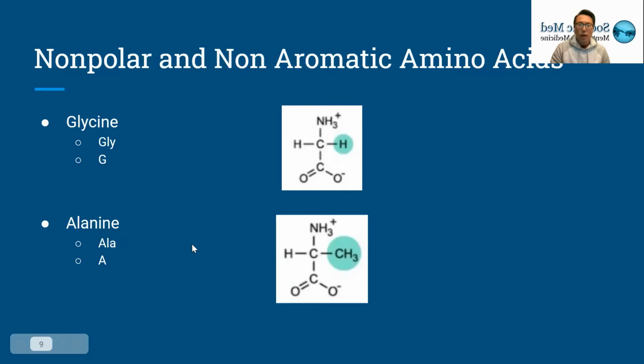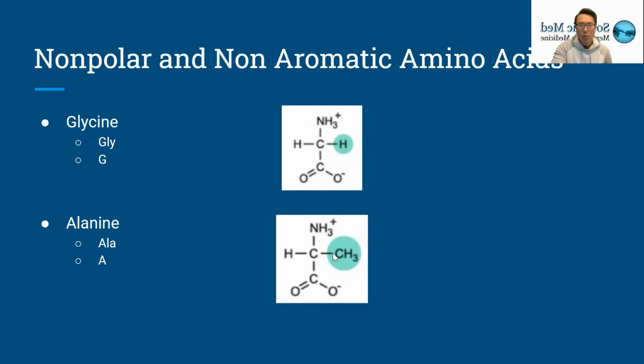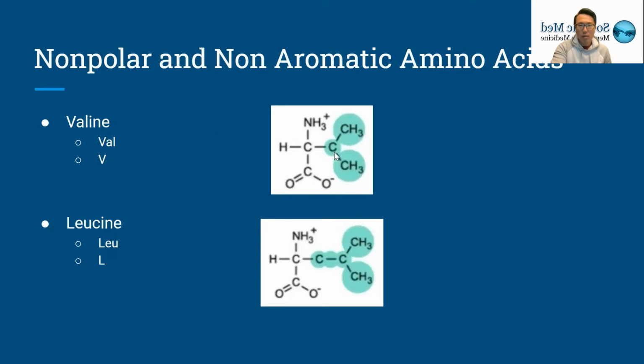And then for alanine, the 3-letter abbreviation is ALA, and A is the 1-letter abbreviation. And this has a methyl group as the R group. So as I'm going through these amino acids, the nonpolar chains are going to get a little bit bigger. So valine has 2 more carbons, valine, VAL, and V as the abbreviation, has 3